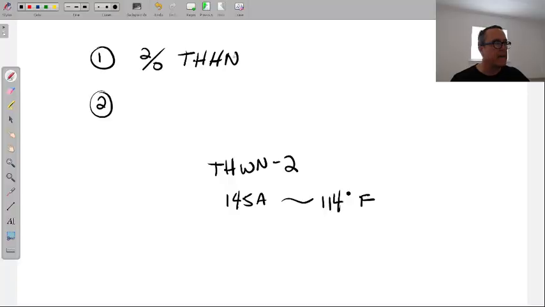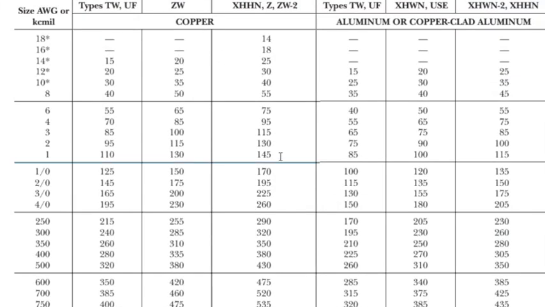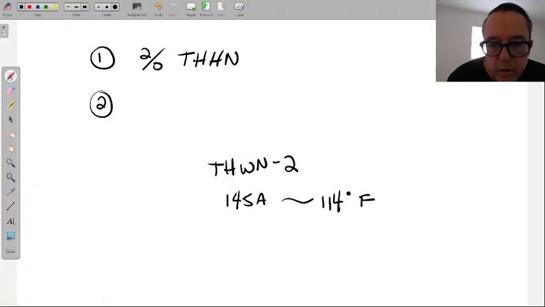All right, so in this case, we have the situation in which we have a target amperage that we've got to make sure we cover, and we have a correction factor that's going to apply to the wire. So this isn't as simple as now go over to the 90-degree column, find a wire that can hold a 145, because in that situation, it would be the number 1 that can hold 145. But 114 is going to drop, again, heat is going to reduce the wire's ability to hold the amperage.